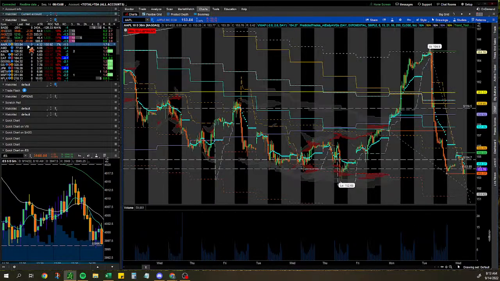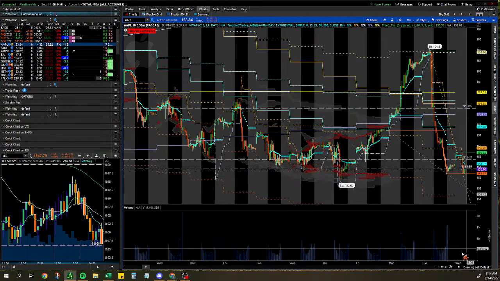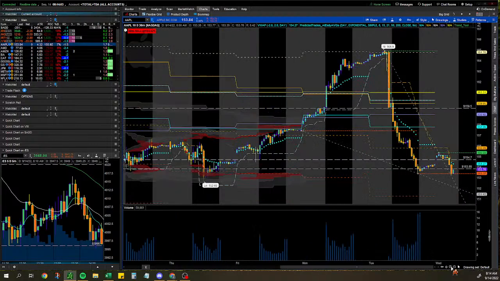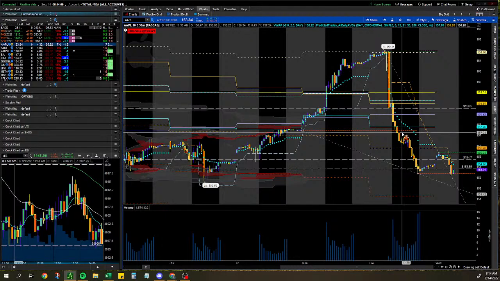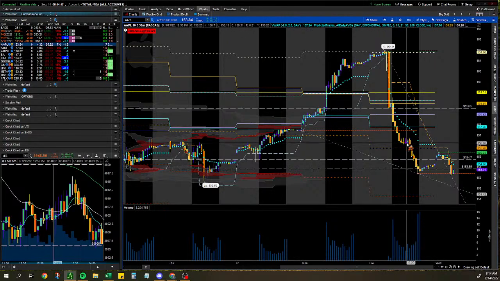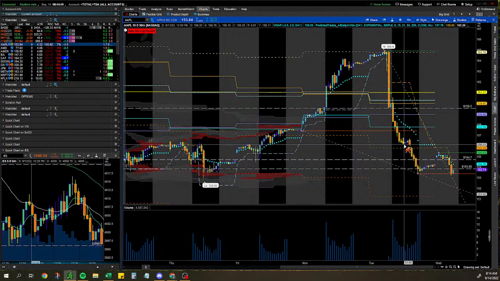Apple. Apple was one of the weakest names yesterday. It dragged the market down. So many names tried to get going to the upside. Tesla held up well. Google, Amazon, Microsoft all tried to get decent bounces midday. Apple just completely sucked. It was still setting new lows as things were trying to bounce, and it just kept